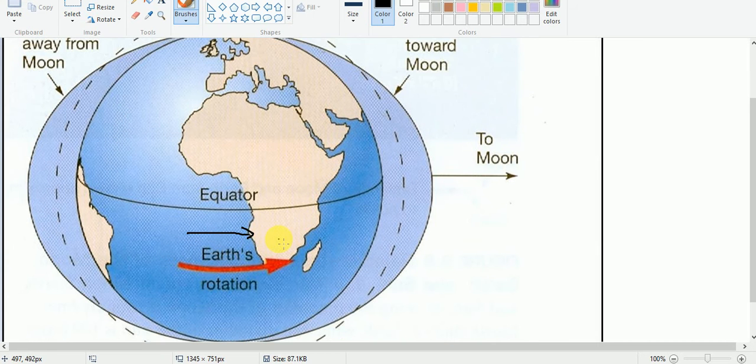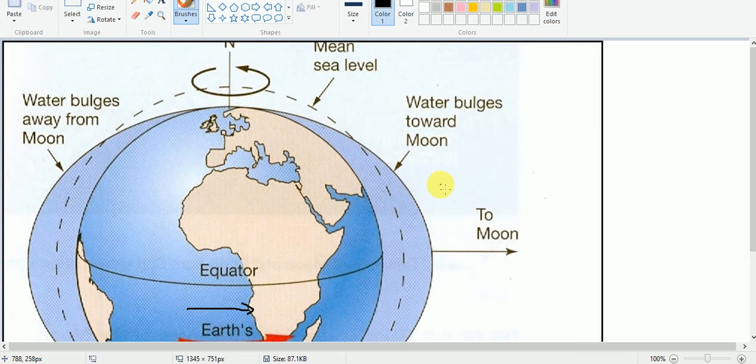Because of this rotation, objects on the earth's surface have a tendency to move away, to fly away from the surface of the earth, and that is what we call centrifugal force. And because of this centrifugal force and the gravitational pull of the moon and the sun,